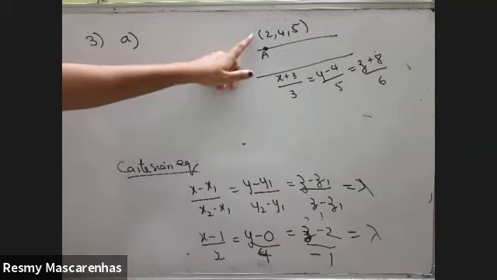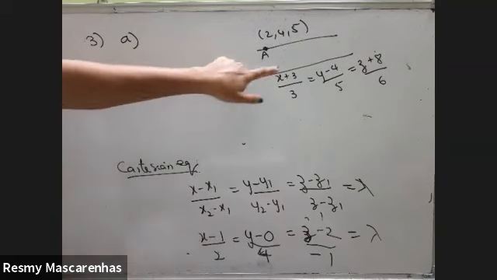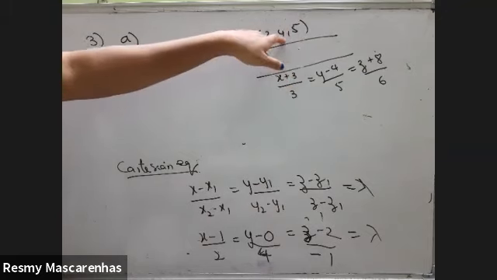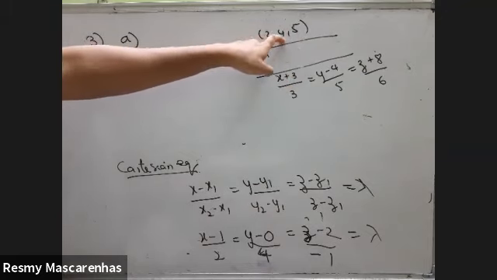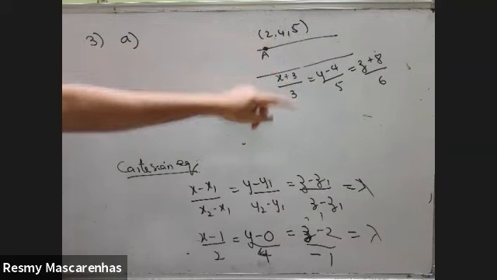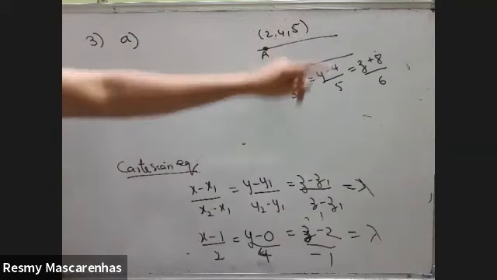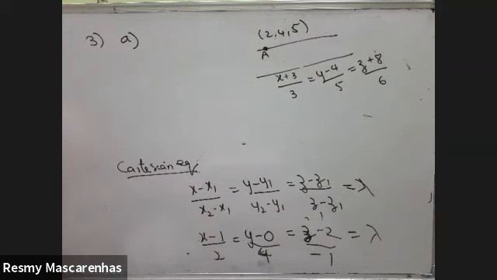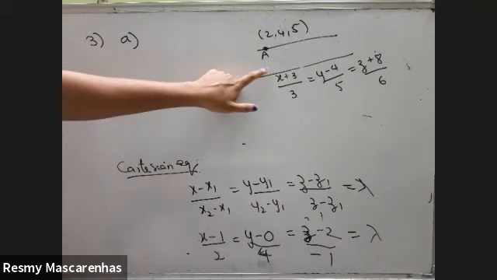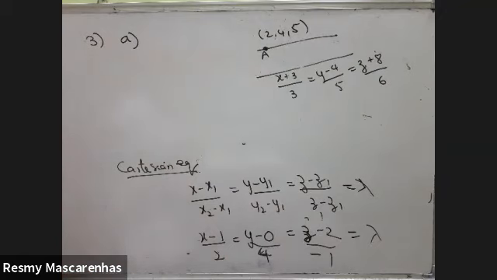So whenever we say two parallel lines, I told you the direction ratio of this line is always equal to the direction ratio of this line for parallel lines. So if you know the direction ratio of this line, you can use it over here. Can anyone tell me what are the direction ratios of this second line? Tell me the direction ratios of that parallel line quickly.